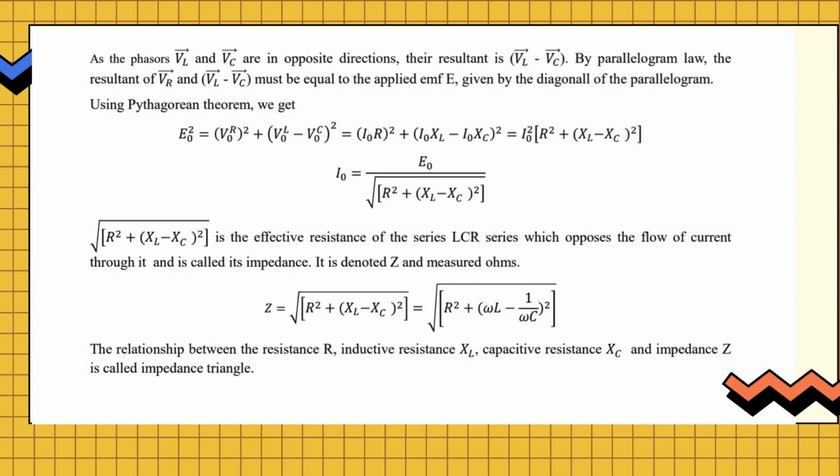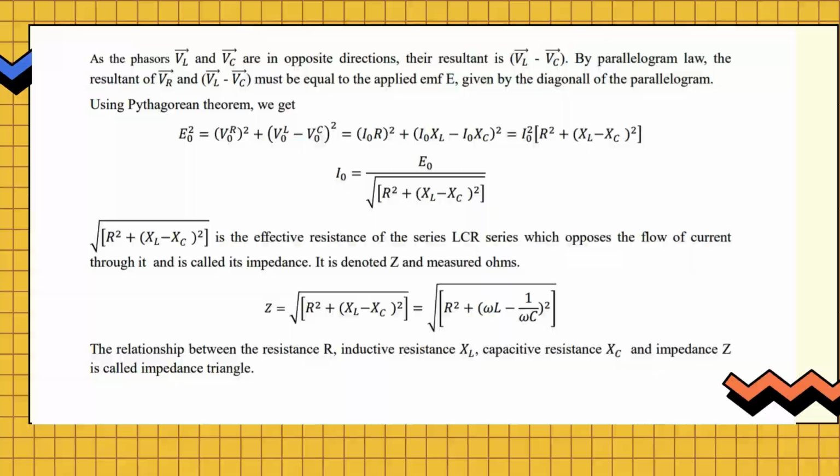If we calculate the maximum current in the circuit containing L, C and R, it is found to be like this, which depends upon the value of resistance, the inductive reactance and the capacitive reactance. The relationship between the resistance R, inductive reactance XL, capacitive reactance XC and impedance Z